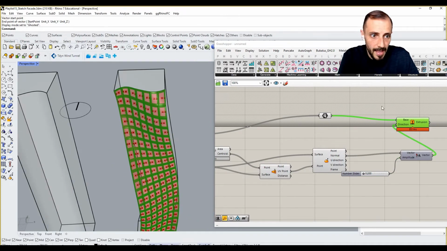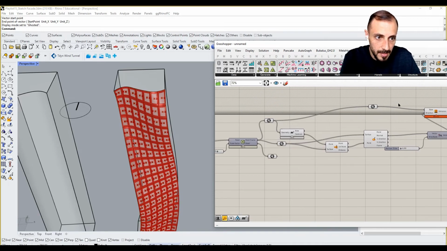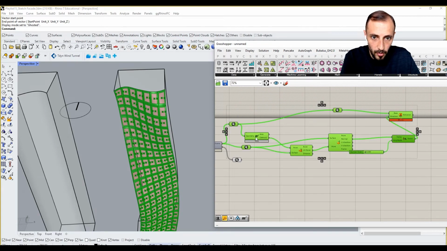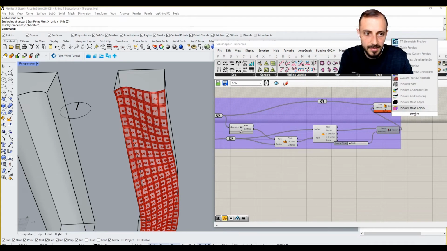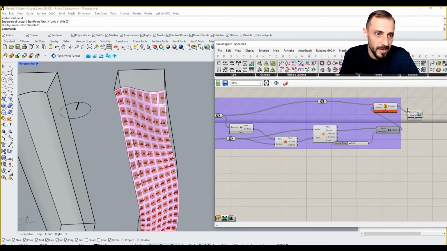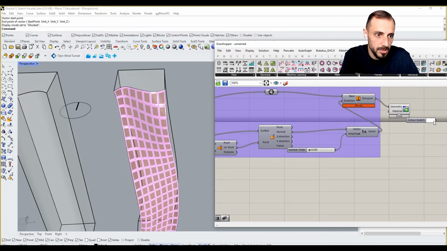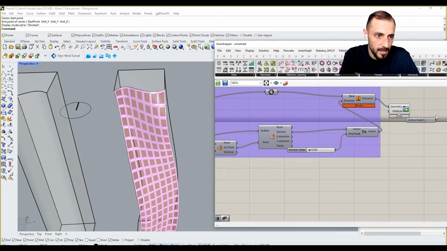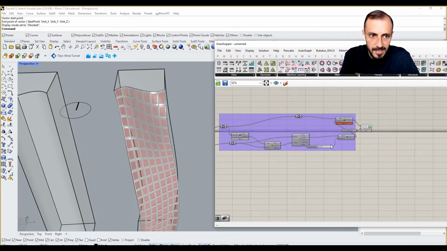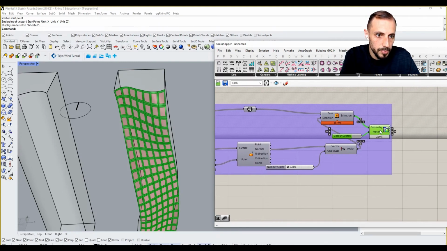Obviously, what I will be doing for this one is grouping all of this and previewing it with some sort of gray color. Turn this off, color swatch, having this as gray, putting this in. Let's see what we have. We have the grays. So if I add this to here,